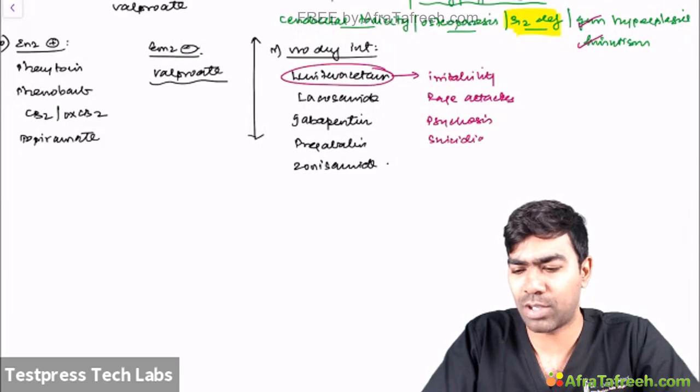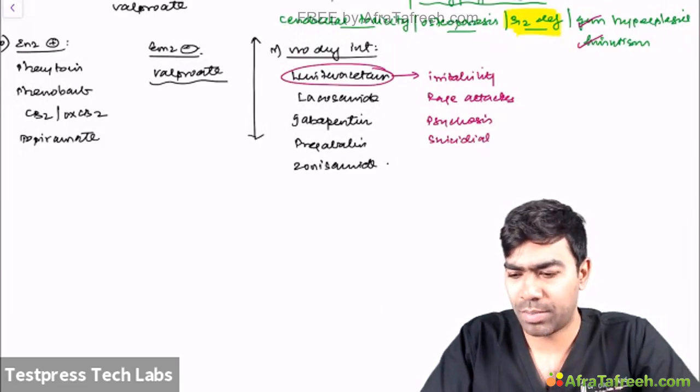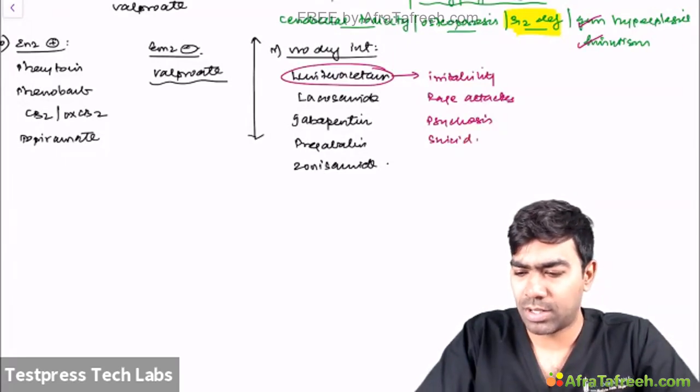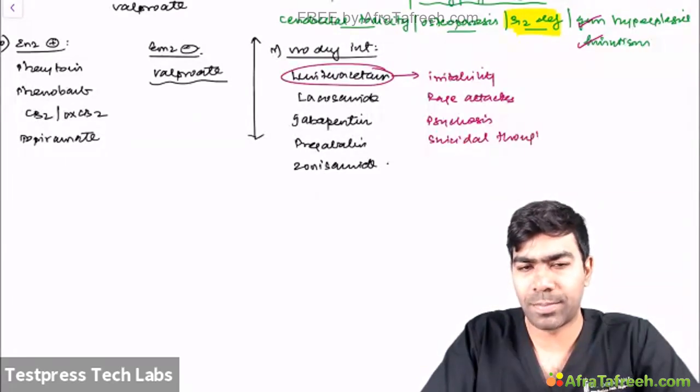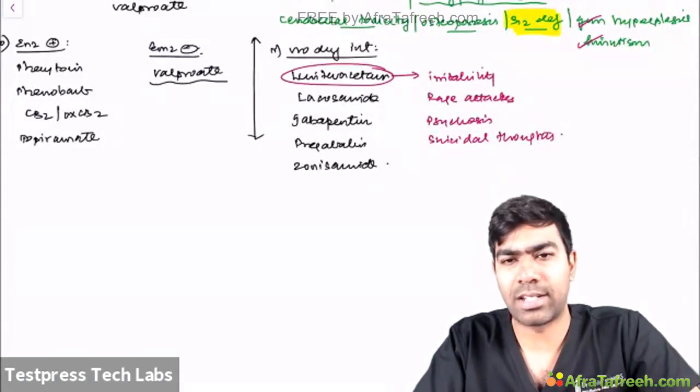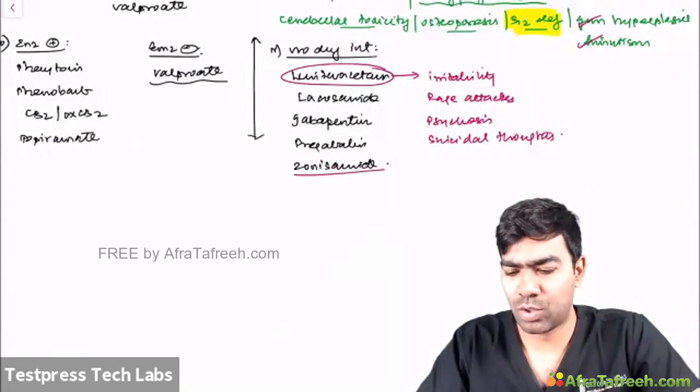So for psychiatry, levetiracetam should always come into the first picture. So you can have suicidal thoughts or suicidal ideation. Clear? So most of them will be psychiatric side effects only. As far as zonisamide is concerned,